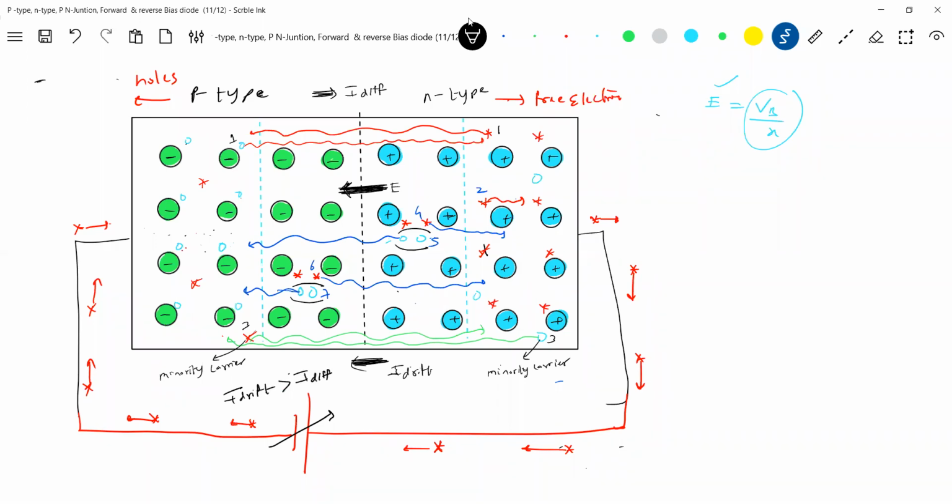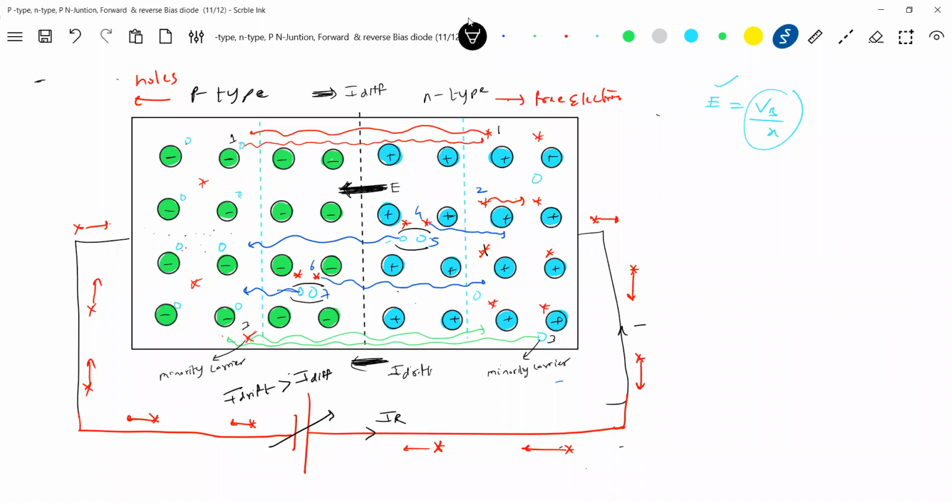Are you able to see the red color line and the green and the violet color line? I'm only showing two lines here. What about here? 1, 2, 3, 4, 5, 6. Definitely which current will be more? The drift current will be more than the diffusion current. And this is called a reverse current. How do we have to show the current? What is the direction of this reverse current? Opposite to the electron flow. So the reverse current here should flow in this direction.